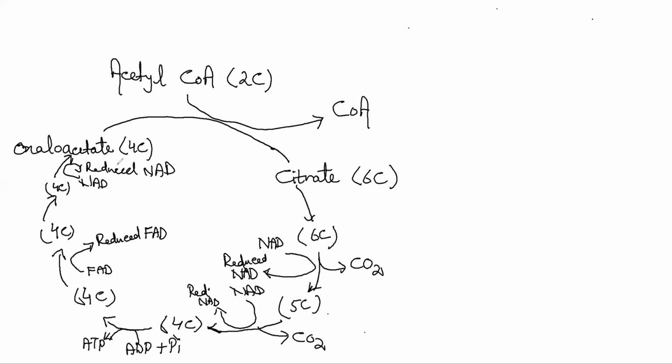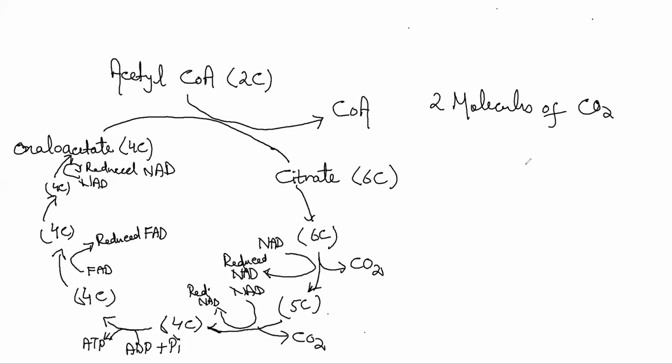But if we look at the overall products of this Krebs cycle, we can see what is produced here. Obviously, no end product is going to enter the next stage of respiration. So what are we left with? Two molecules of carbon dioxide. But once again, we are not going to consider the carbon dioxide anymore, because it is a waste product of this cycle. It's going to be removed from the body.